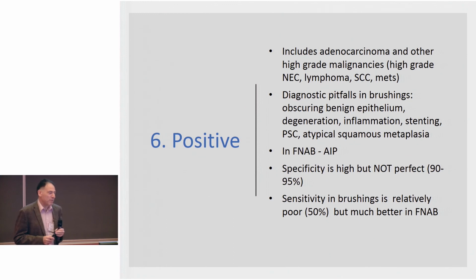So I think the important thing for you to know for this is that we're pretty good. Specificity is high. I think 90% would be considered a low specificity for positive diagnosis. So one aims to get close to 100%, but it's not the same as getting a nice core of tissue. So the important thing, from a pathologist's point of view, is that clinicians, and particularly patients, are aware that it's not the same. A cytological diagnosis of cancer is not quite the same as a histological diagnosis of cancer. It's not perfect.